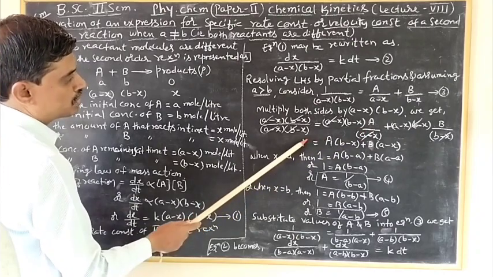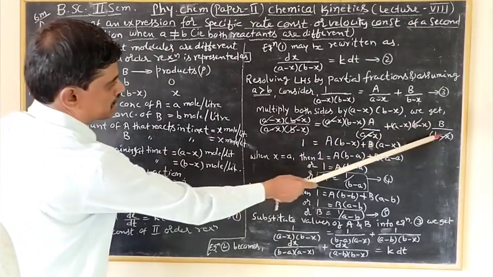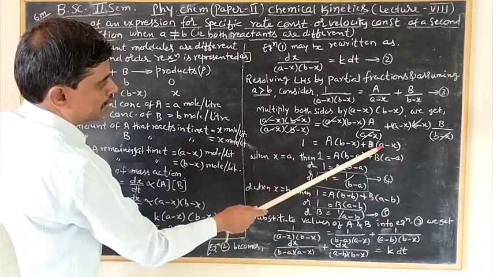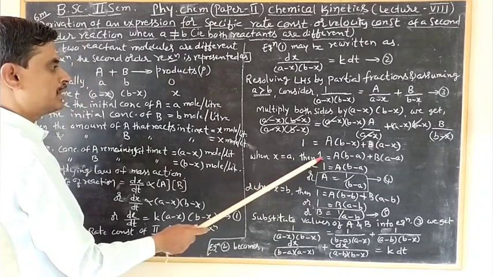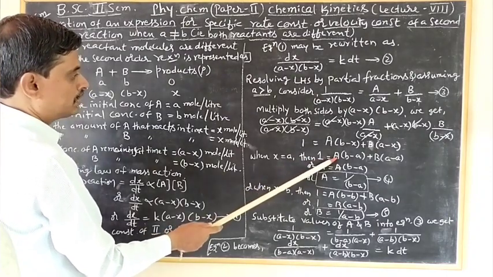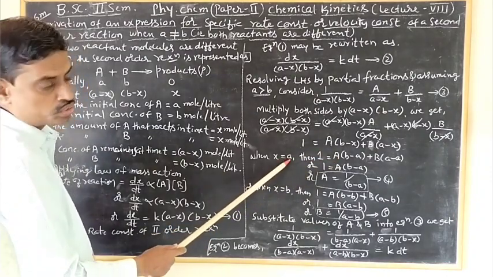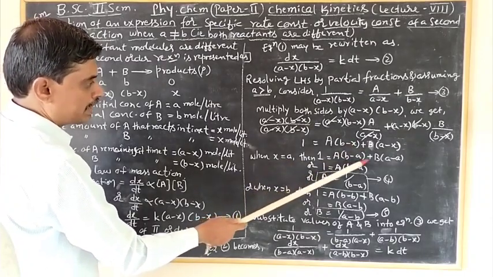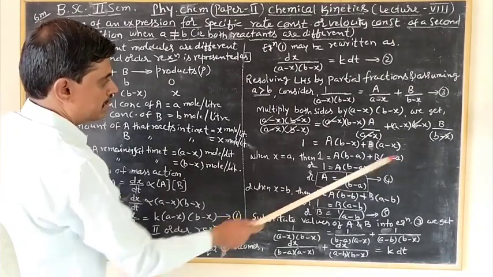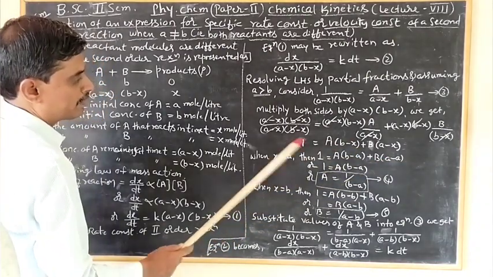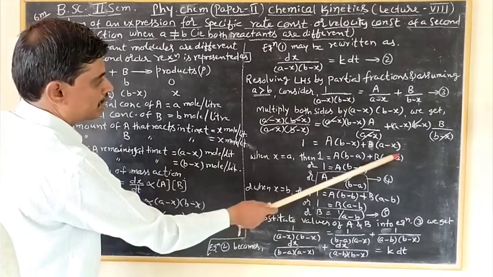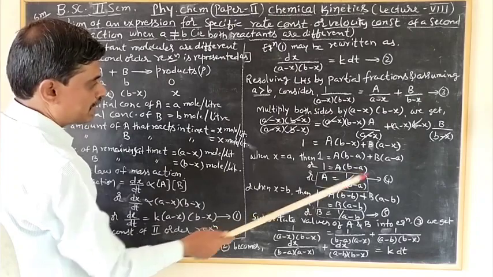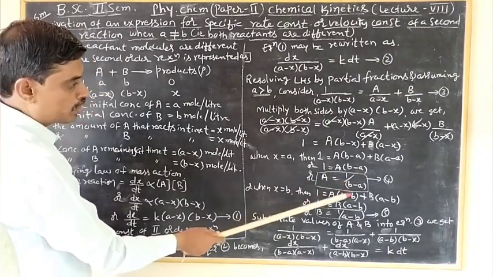We will have 1 is equal to A into (b minus x) plus B into (a minus x). Then we put the value x is equal to a. Then 1 is equal to A into (b minus a) plus B into (a minus a). Here this becomes completely 0, multiplied with B also 0. So 1 is equal to A into (b minus a), or capital A is equal to 1 by (b minus